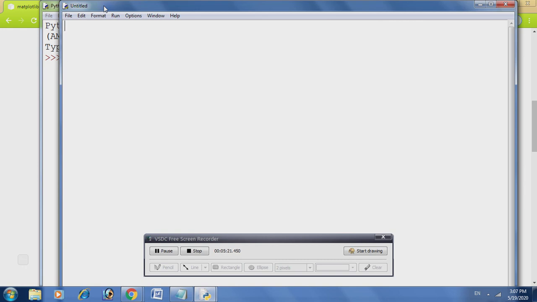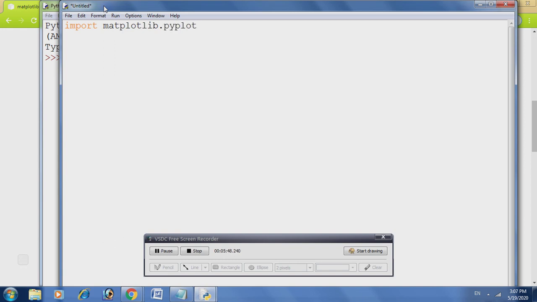So we are going to import the pyplot library from the matplotlib library. We can type two types of command. First I am writing import matplotlib.pyplot as plt.